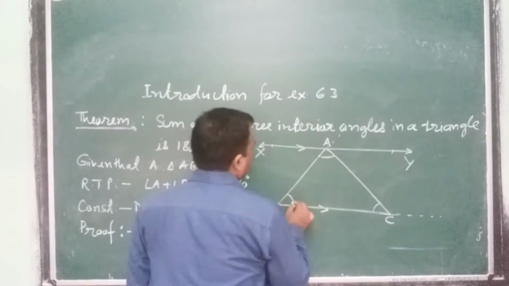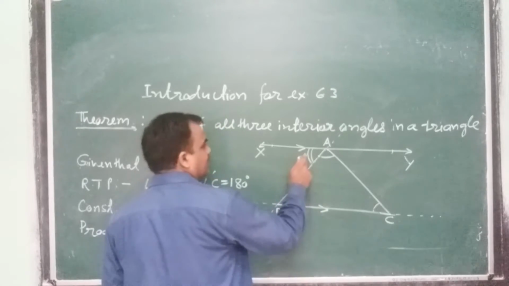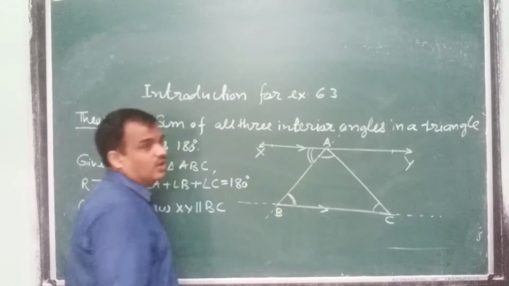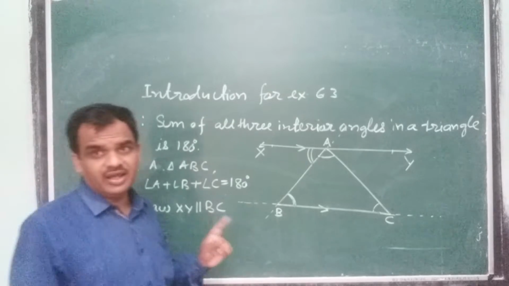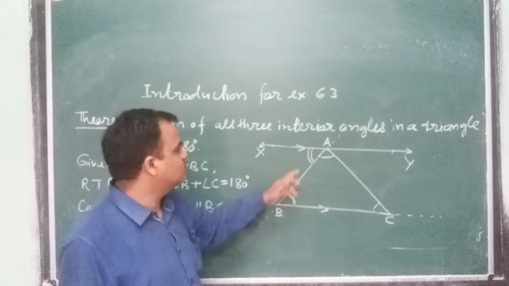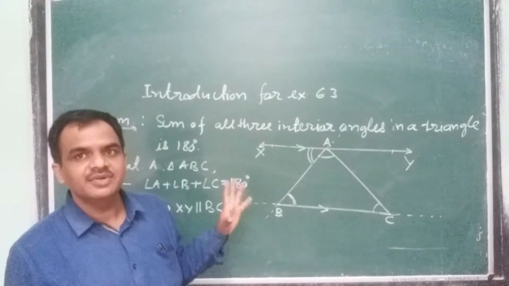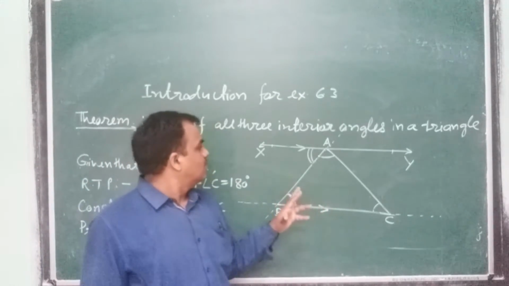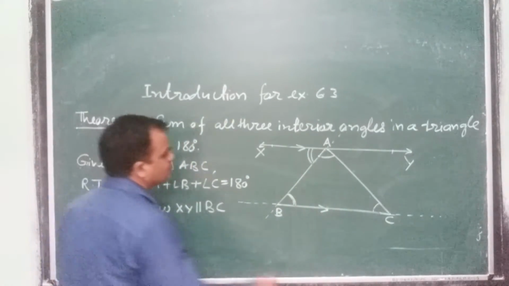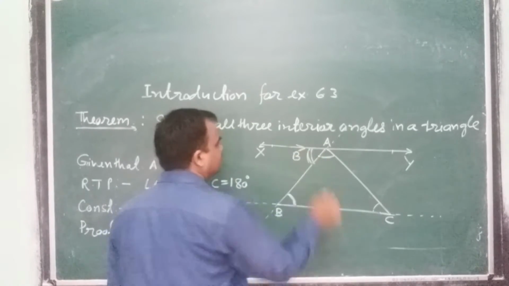So you have got this angle and this angle, angle B, and here this angle. These two angles will be equal. And why are they equal? They are equal because this line is a transversal and these two lines are parallel. So these two angles are alternate interior angles. And in the beginning of this chapter, we have gone through this concept that alternate interior angles are equal. So that we will use. So if this angle B and this angle are equal, we may write this angle to be B.